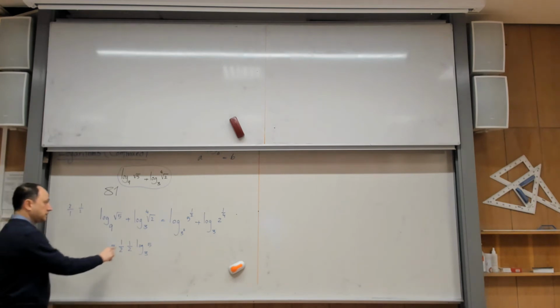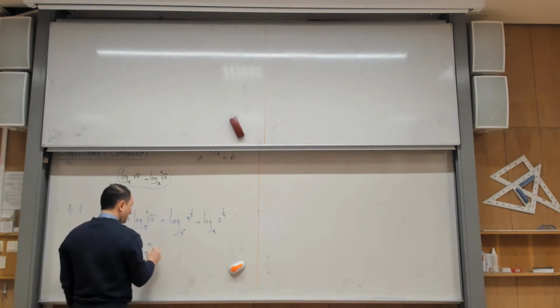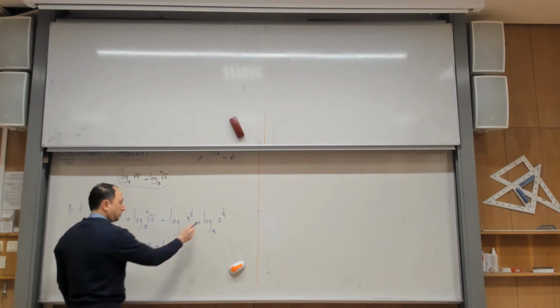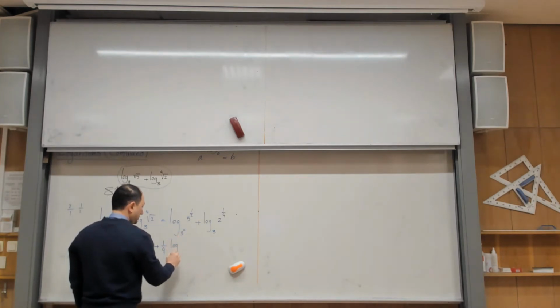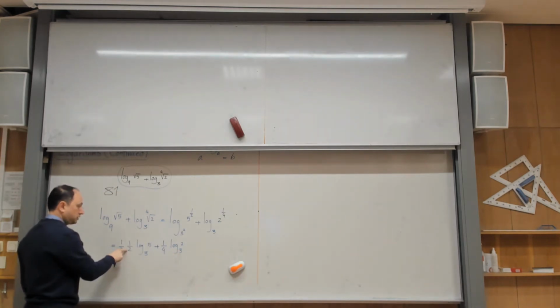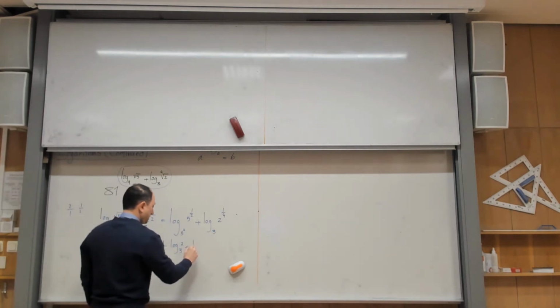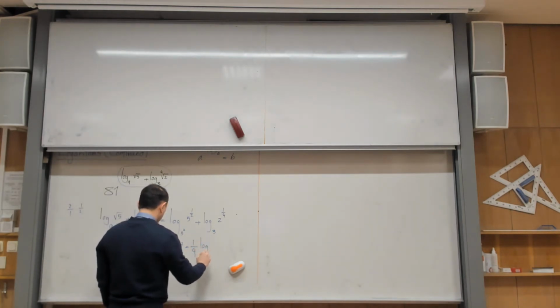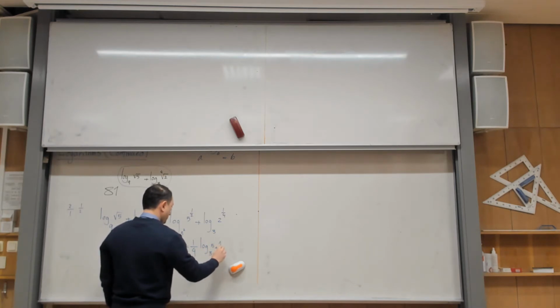And then of course the next one, 1 over 4 will go down. And then I have log of 2 to the base 3. Yes? And then I have 1 over 2 times 1 over 2, which can be simply written as 1 over 4. Then I have log of 5 to the base 3 plus 1 over 4 log 2 to the base 3. Okay, so,